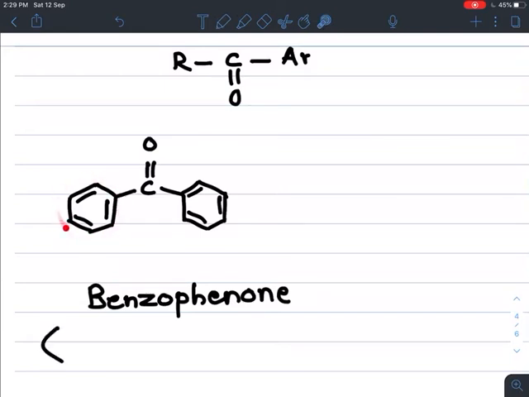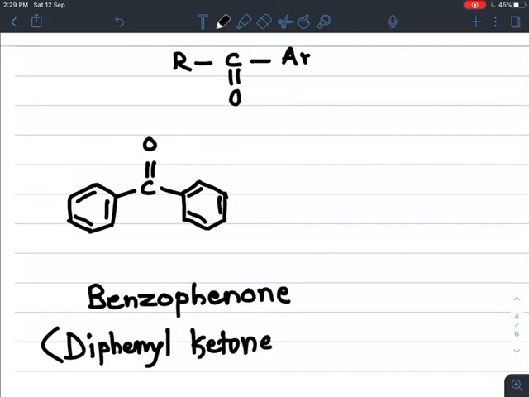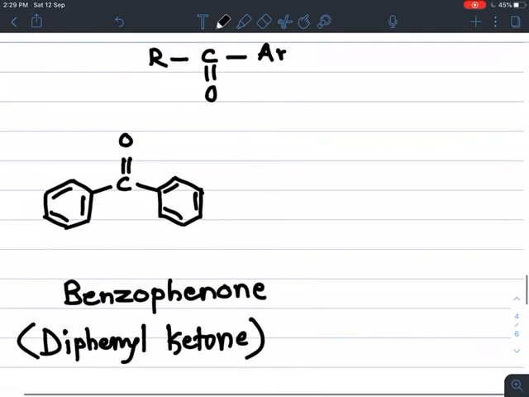This is C6H5, which means phenyl group, and this is also a phenyl group. So diphenyl ketone is also called benzophenone. So diphenyl ketone is an example of aromatic ketone. If we take one more example, it is acetophenone, means one side of this CO group is attached with